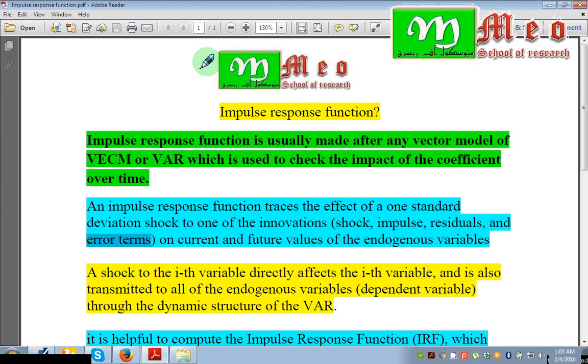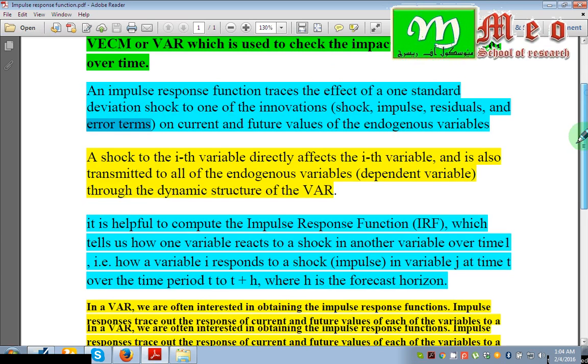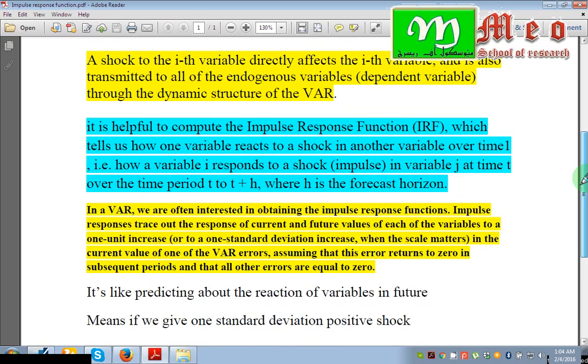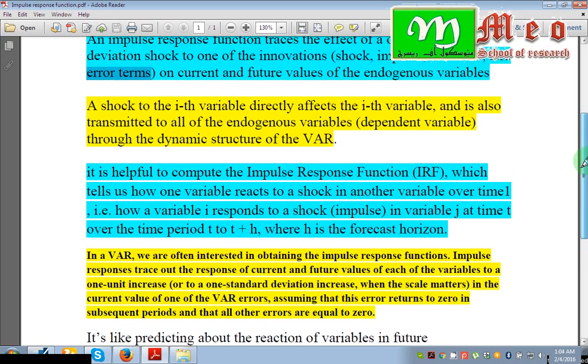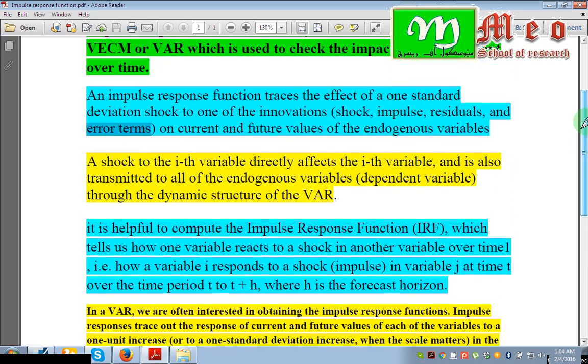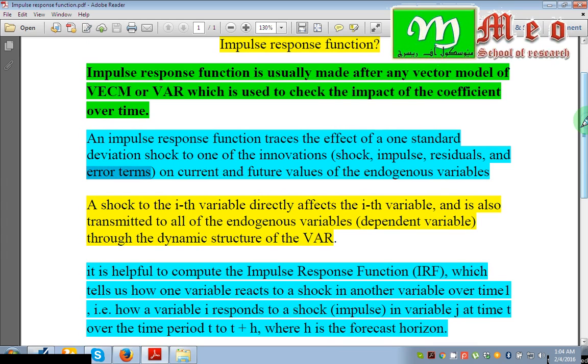This is Saeed Khan. In this video we are going to learn about the impulse response function. So guys, the first question is: what is impulse response function? These are a few definitions from different research articles. So in simple words,